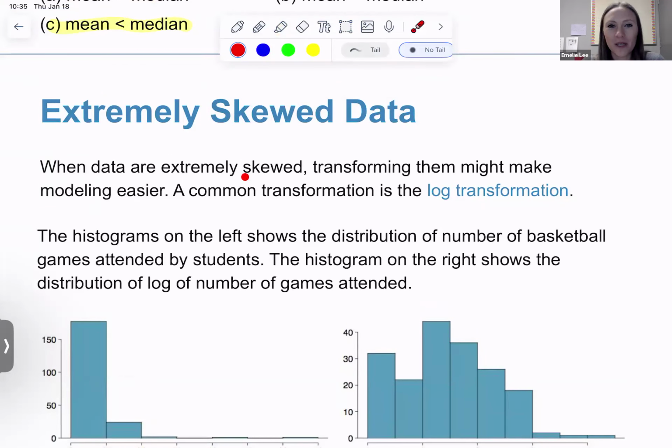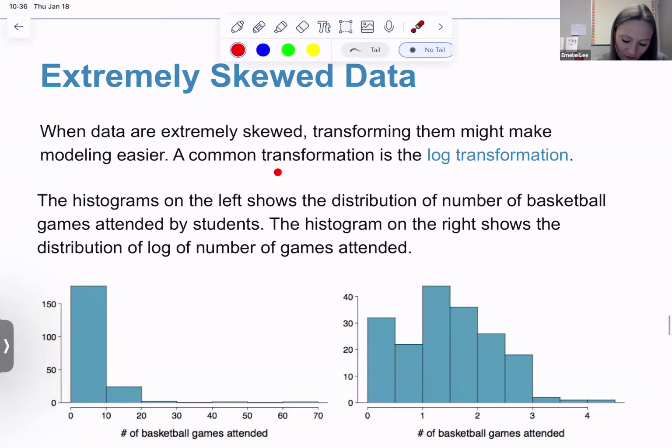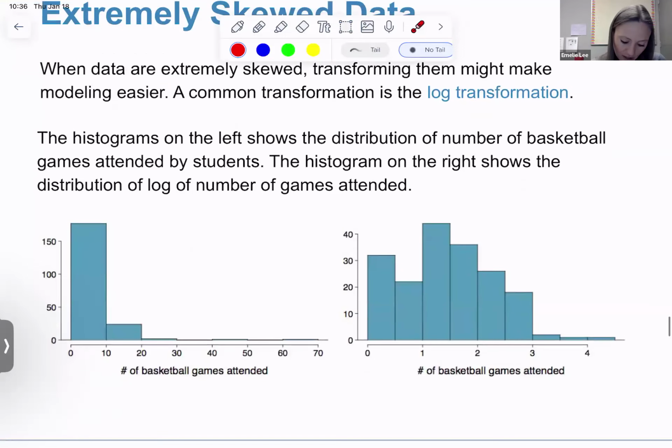We'll just talk briefly about extremely skewed data. There are data out there that are extremely skewed, okay? And so what we can do is take what we call a log transformation. This isn't something that I'm going to test you on. It's just in case you are doing your own analyses and you have a very skewed variable, then one of the tools that you can use is to take the log